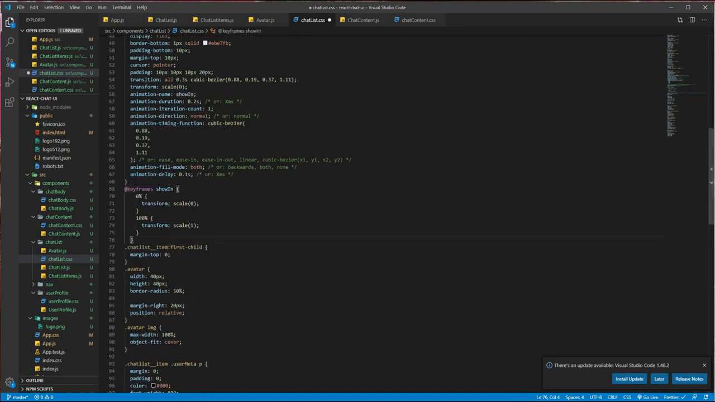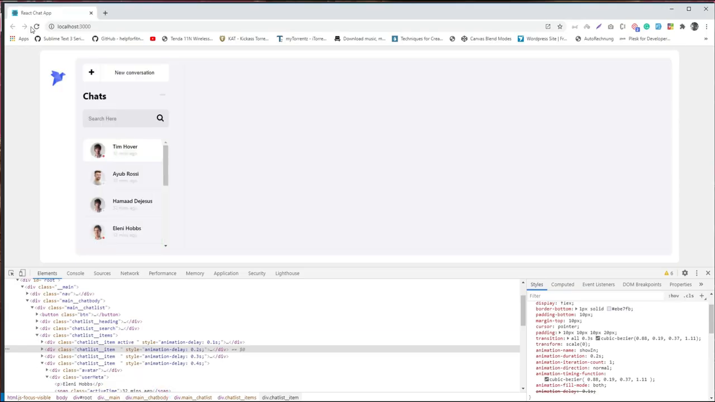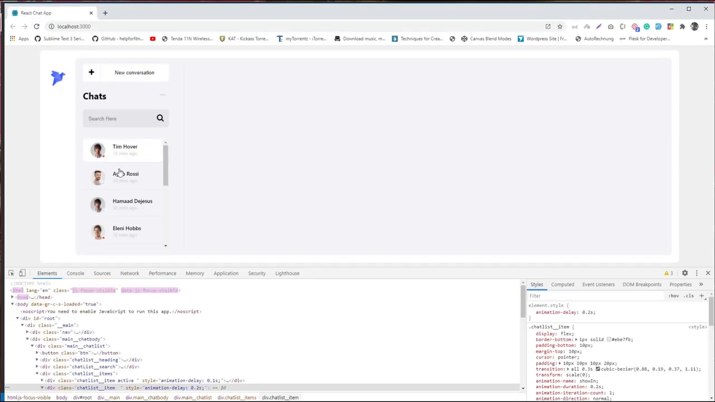So this is the keyframe animation. What it's doing is scaling from 0 to 1, from 0 to its normal state. Okay, so now it should work. See,